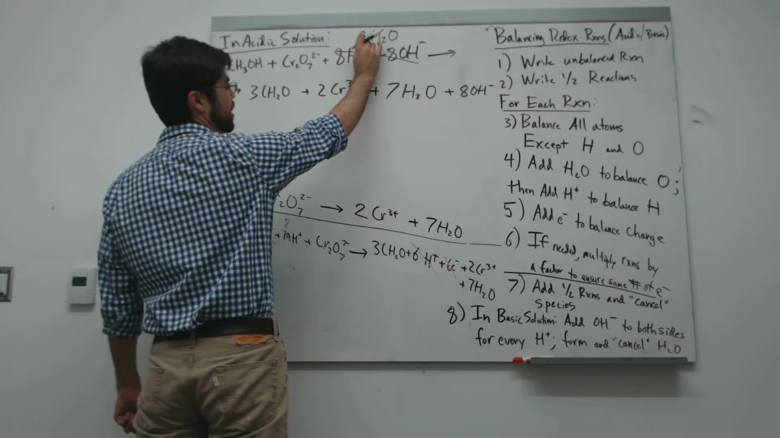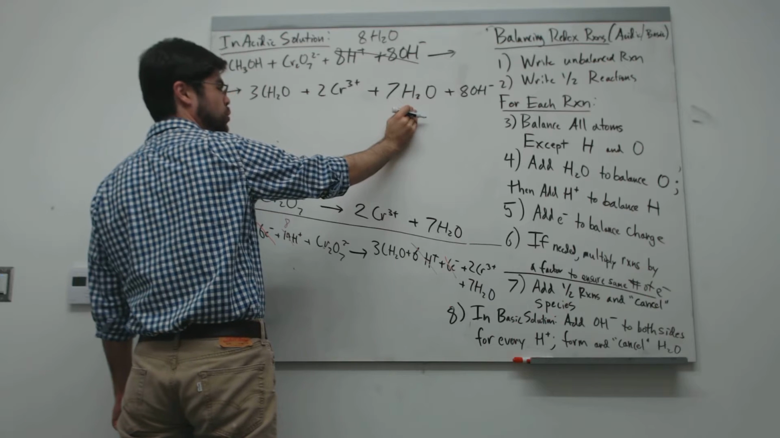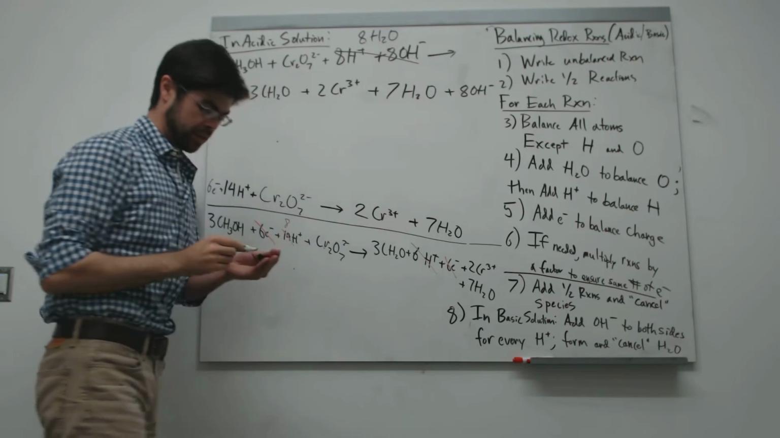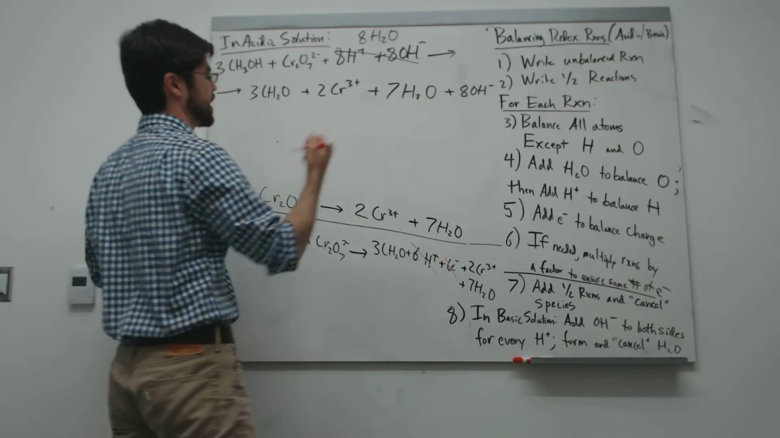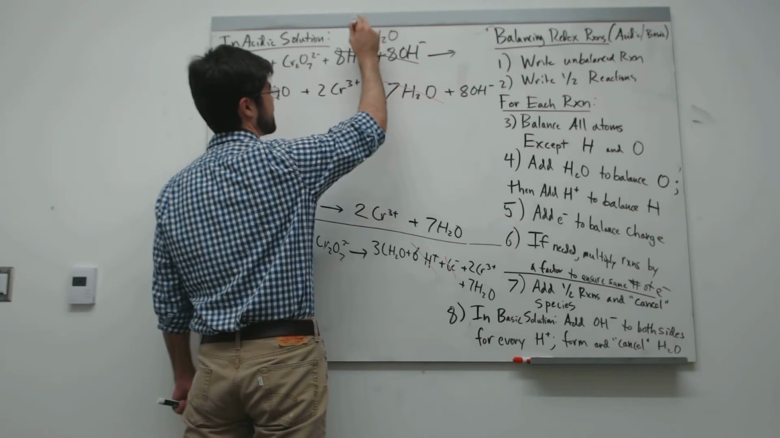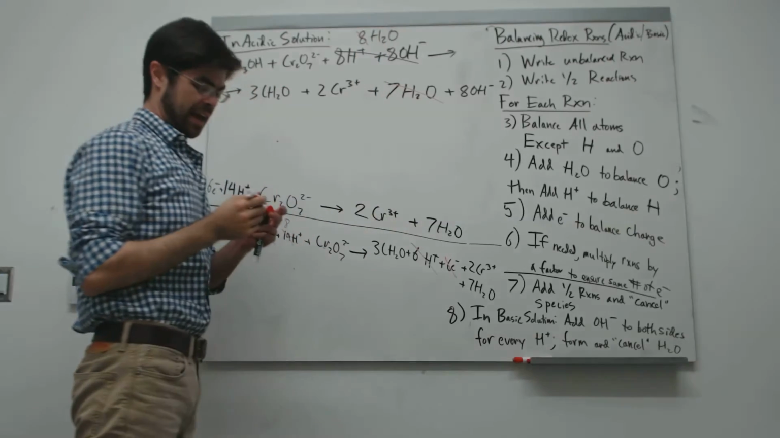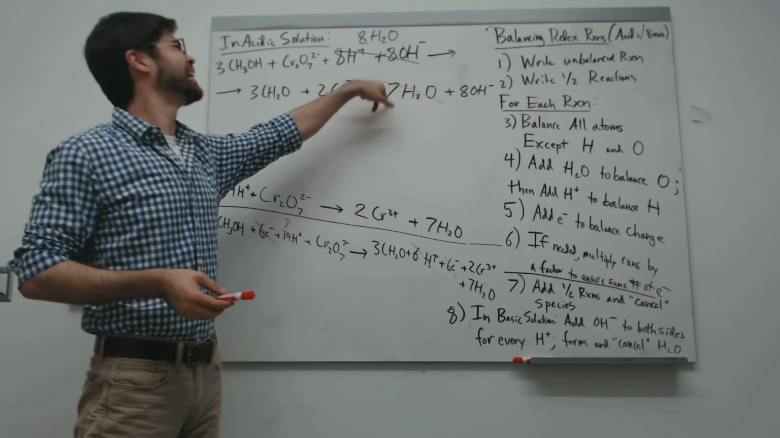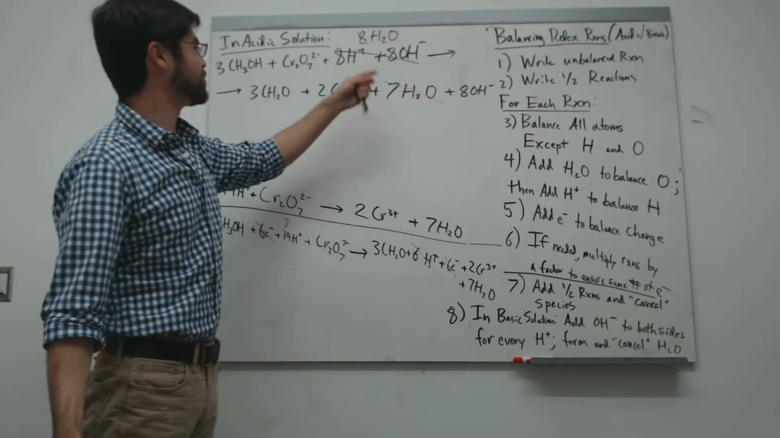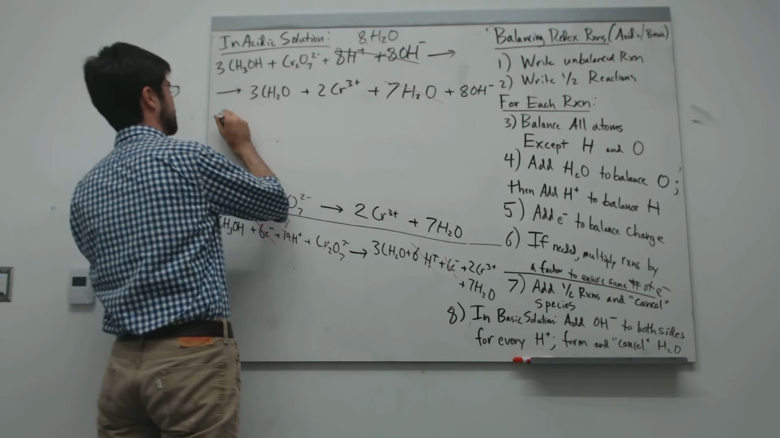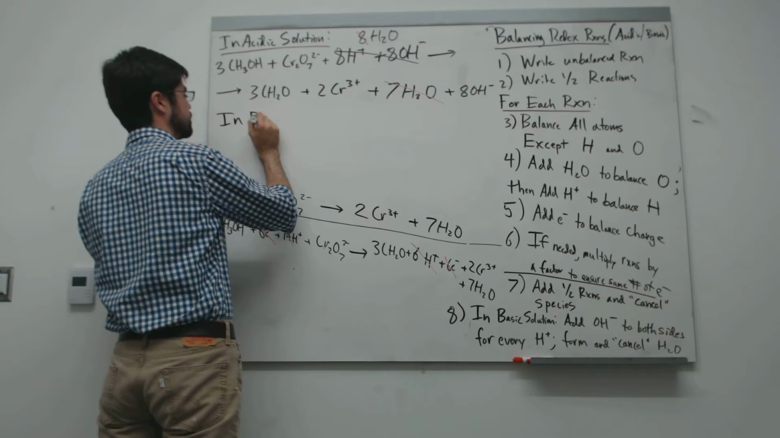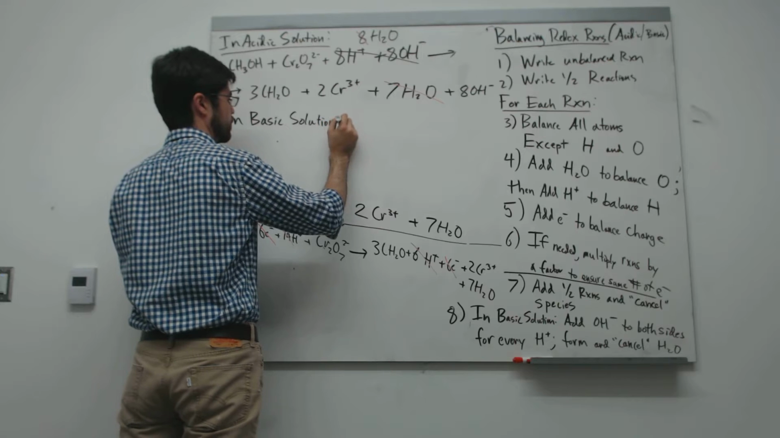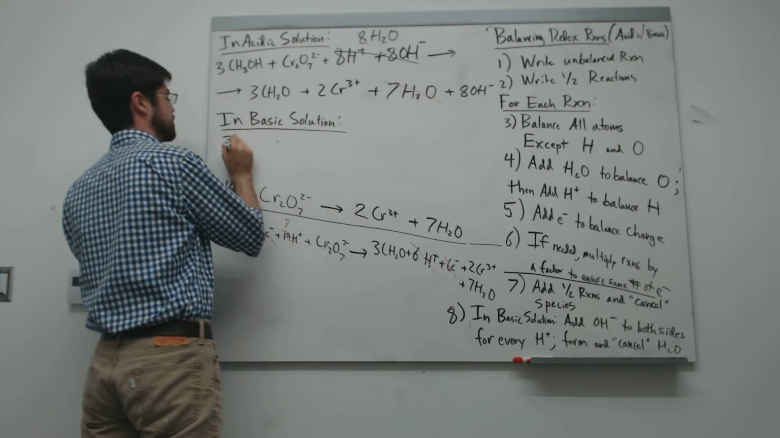So I start with 8 water molecules, I end with 7 water molecules. These 7 water molecules didn't do anything. So I'll cancel them out, 7 of the water molecules, and I'll be left with this. So then my balanced chemical equation in basic solution is this: